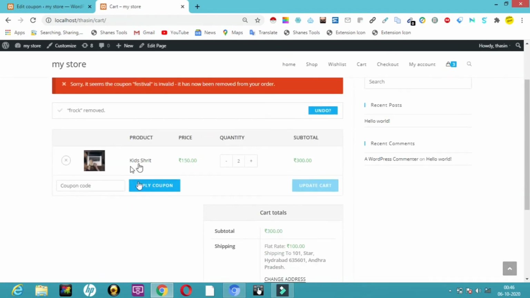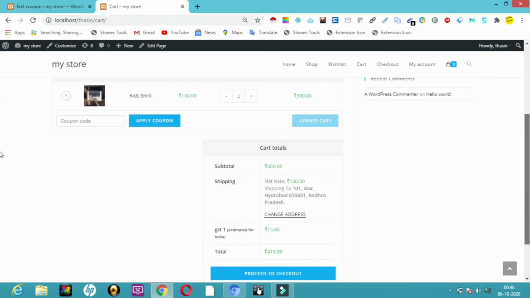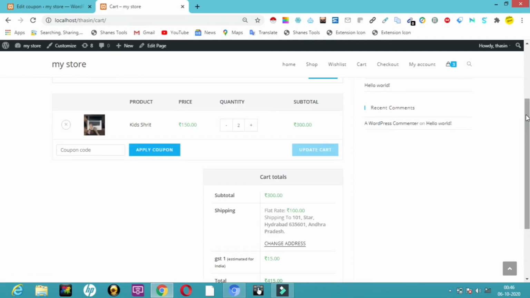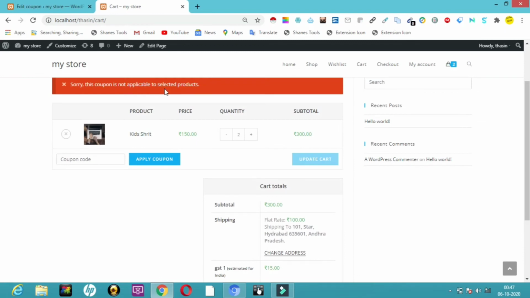Here you can see the kids shirt costs 300 rupees, and we have GST 15 rupees and shipping cost 100 rupees, so totally 415. Let me see if I apply the coupon code. We apply festival, apply coupon. Sorry, this coupon is not applicable to the selected product. This is the warning message we get, because we have not selected the kids shirt there.